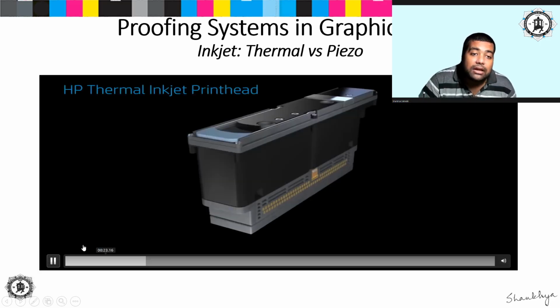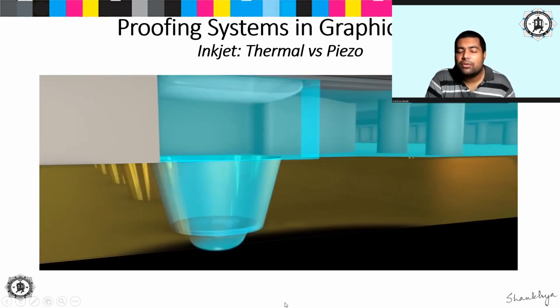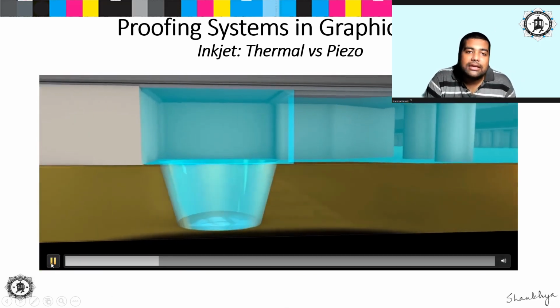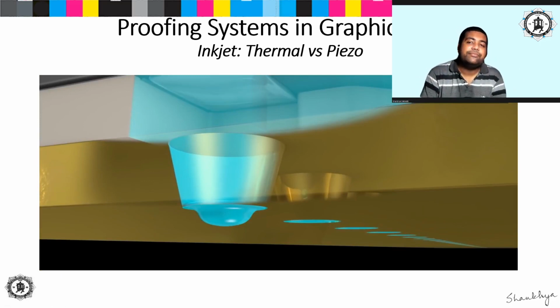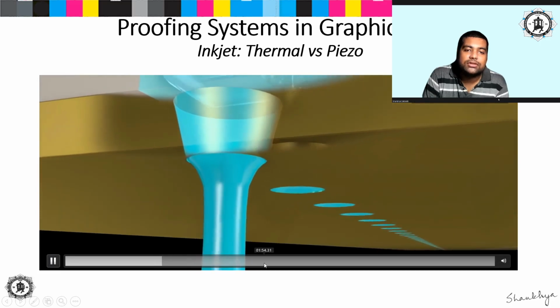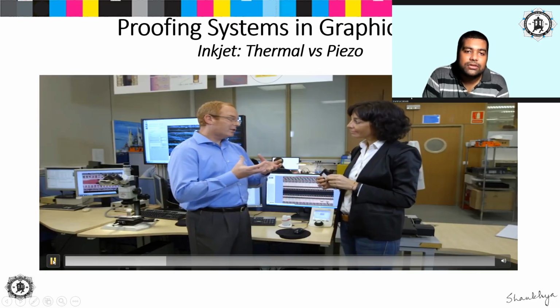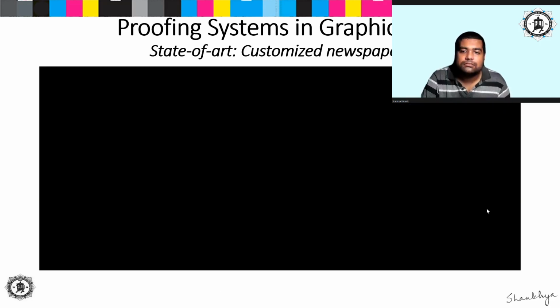Piezo printheads use mechanical deformation to eject a drop, which causes the ink to be pushed out. Thermal printheads use an electrical pulse. It forms a small vapor bubble and ejects an ink drop. Which one is better then? Well, that depends. The heat from the heating resistor basically allows a vapor chamber to be formed in the ink chamber, which forces the ink to be pushed out of the nozzle. Piezo uses mechanical motion. So this is basically the overview and the difference between the thermal and the piezo type drop-on-demand inkjet printers.